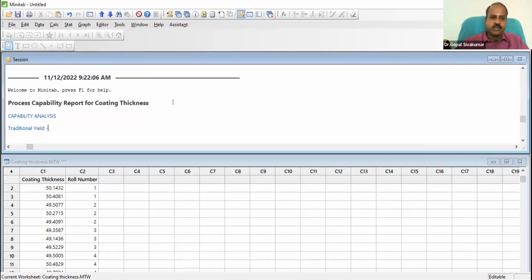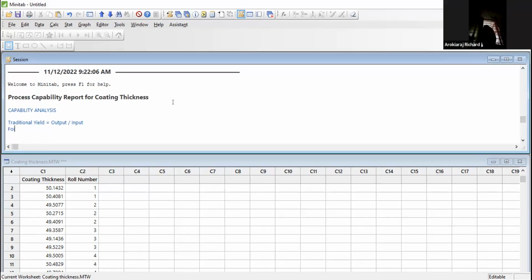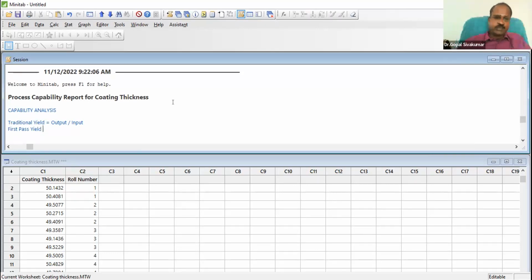What is traditional yield? Output by input. Traditionally, yes. What is the actual we are getting without a defect? Yes. So another thing is first pass yield, where the output minus rework is divided by input. And this output minus rework,